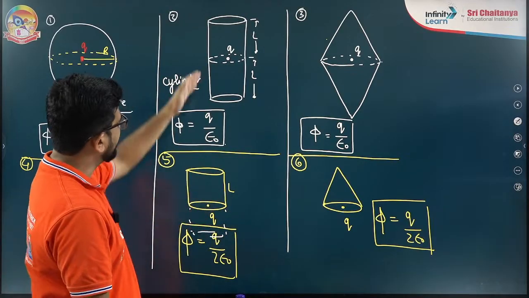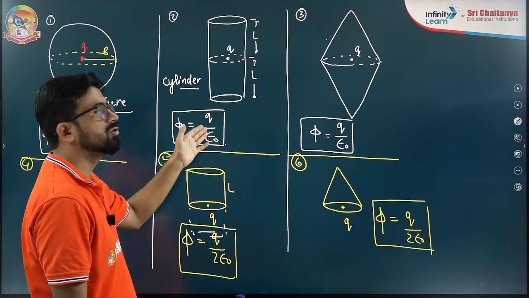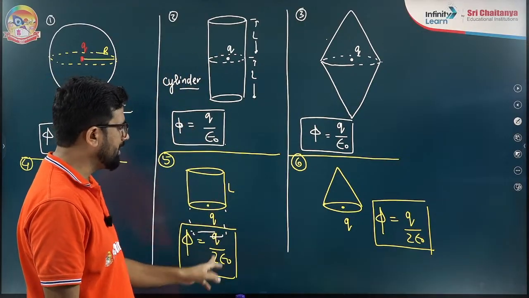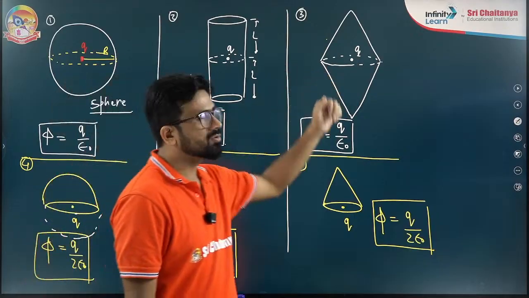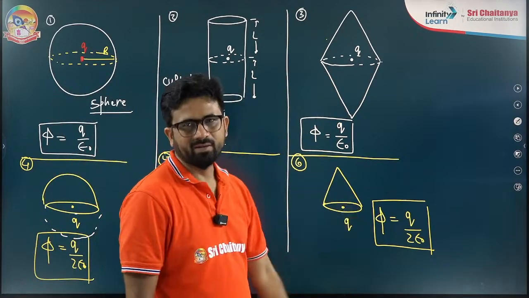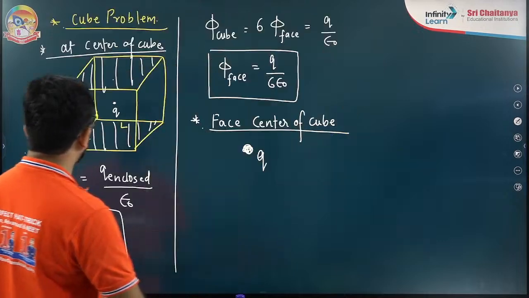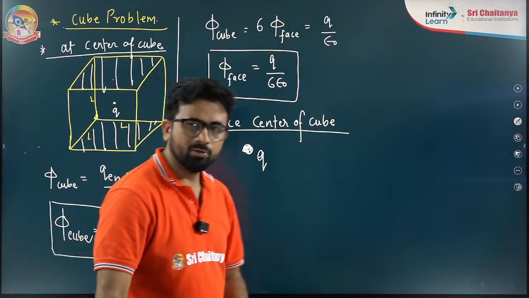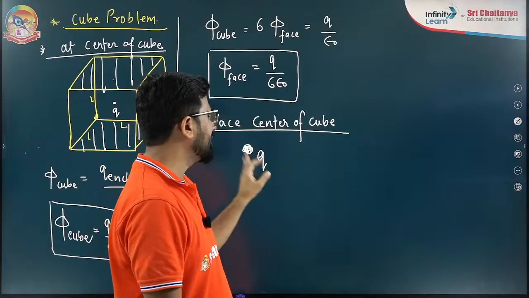So if you see this diagram here, we already know the total flux is q by epsilon naught, but due to one part only q by 2 epsilon naught. Similarly, in this cone question also, you can get it. So the same concept I am applying. If this room is there, and the charge is placed at the face center,